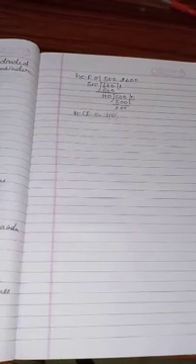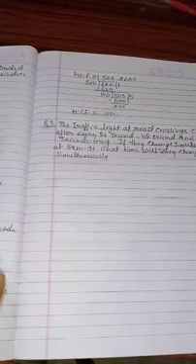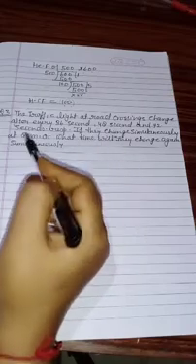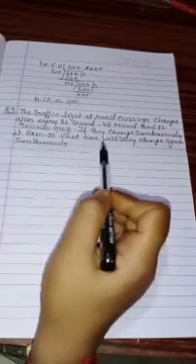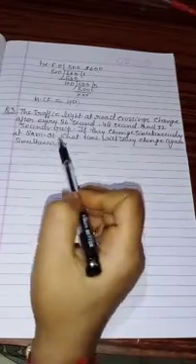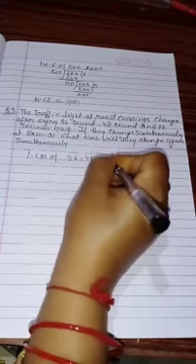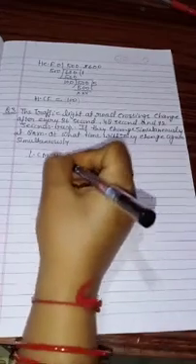Now come to the next question. Yes beta, now see question number 3rd. The traffic lights at the road crossing change after every 36 seconds, 48 seconds and 72 seconds respectively. If they change simultaneously at a given time, at what time will they change again simultaneously? What you will do, you will find the LCM of 36, 48 and 72.